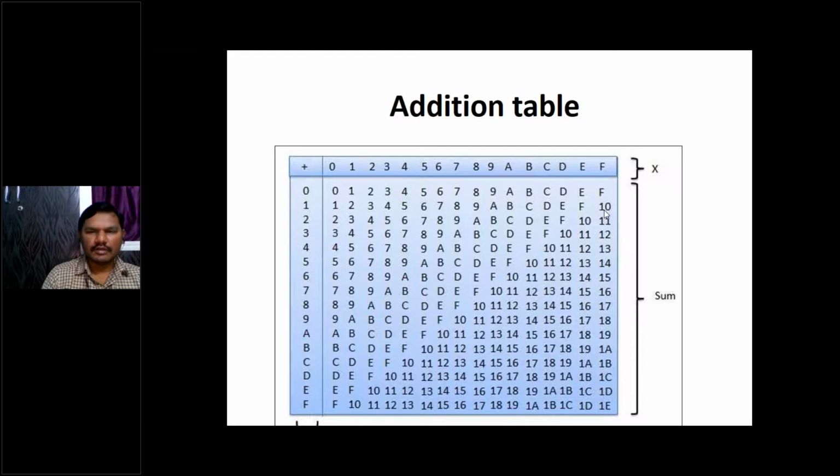1 plus F is 16, because it is 15 plus 1. 16 equivalent in hexadecimal is 10. Like that, 2 plus 1 is 3, 2 plus 2 is 4. Like that, 2 plus F, 15 plus 2 is 17, which is equivalent to 11h. So if you remember this table, you can easily add